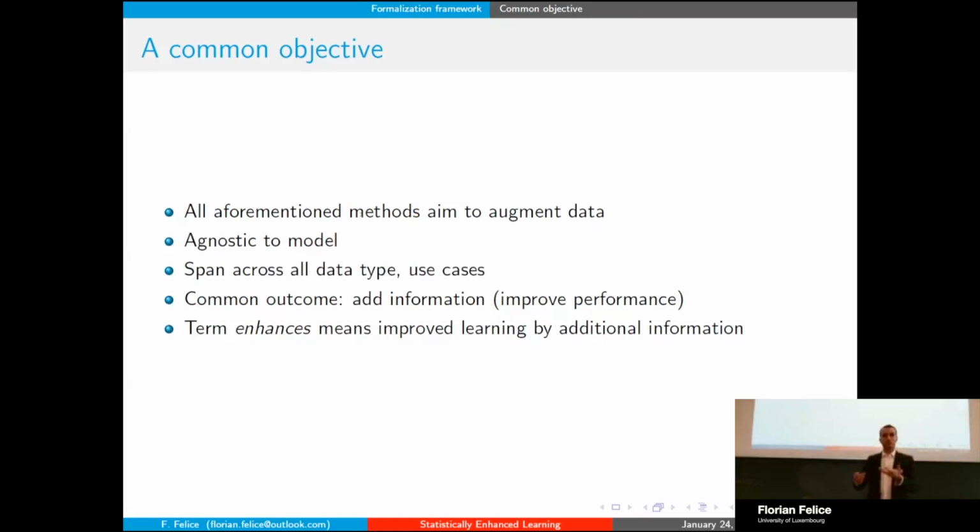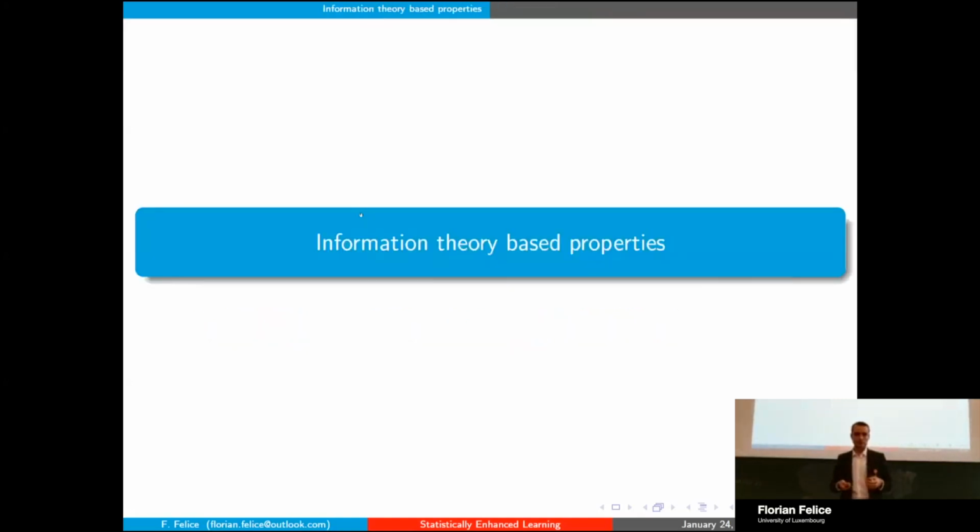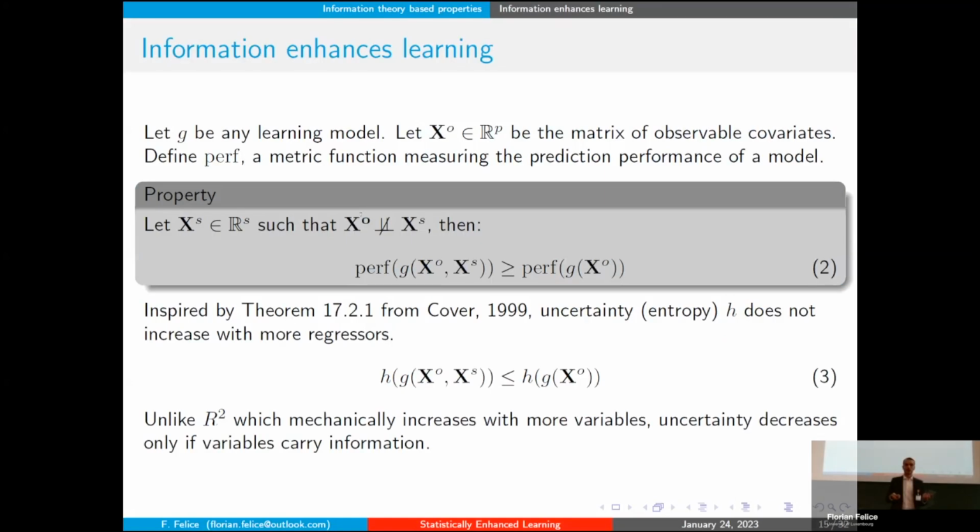And here, enhanced in the term statistically enhanced learning really means this: we want to improve the actual performance. Now, if we want to think of what are some properties or benefits that we can have from our model, we can use information theory and try to see how it could impact the actual model. So if you think of any model G, which is a machine learning model, which can be anything from the learning sphere that I mentioned earlier, it's just a prediction model.